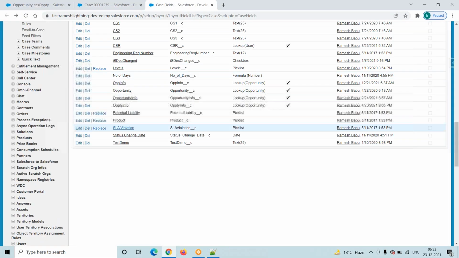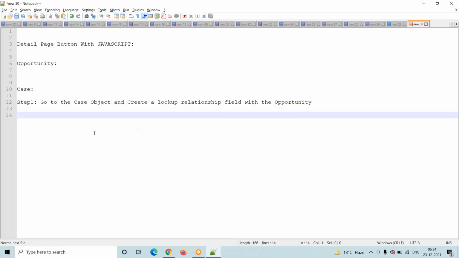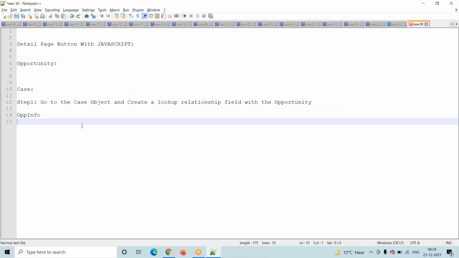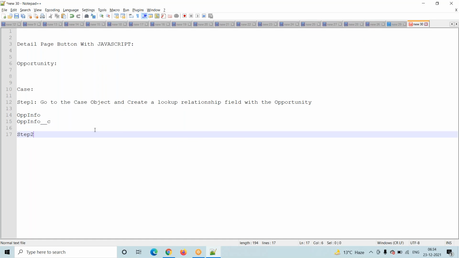In the previous session we created this field. This is our field and this is the API name. Then step two is